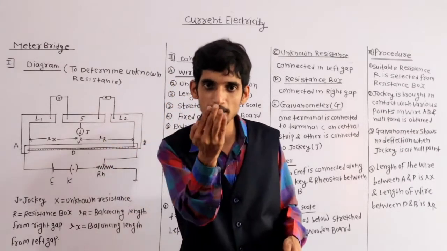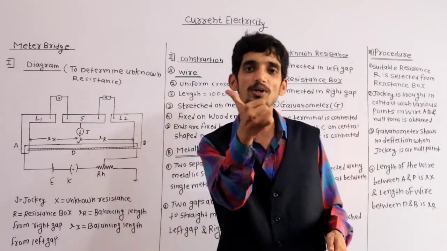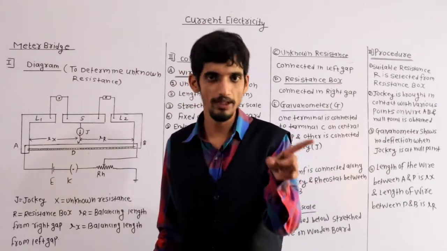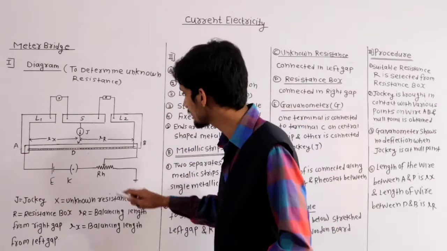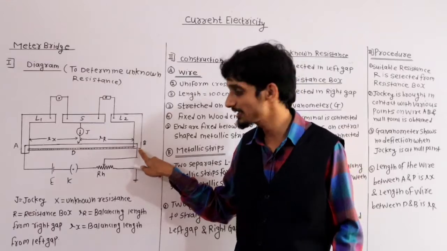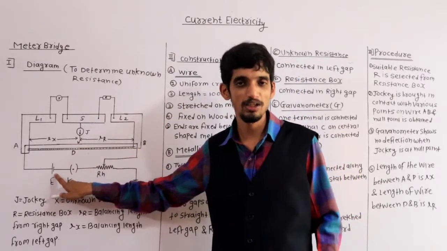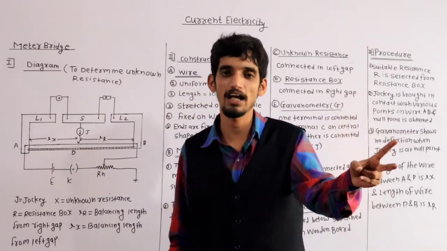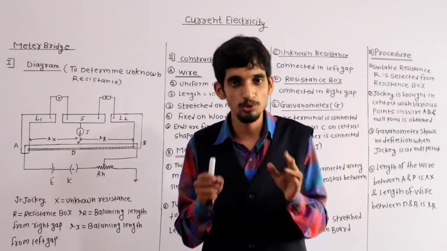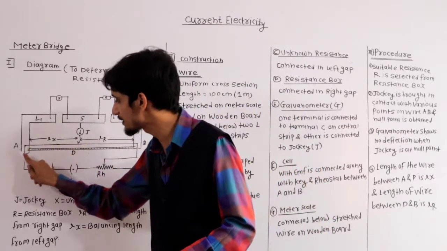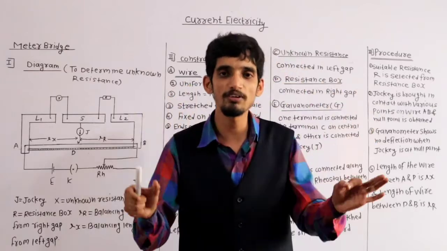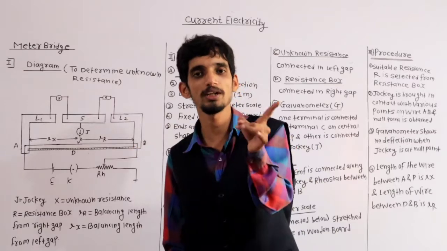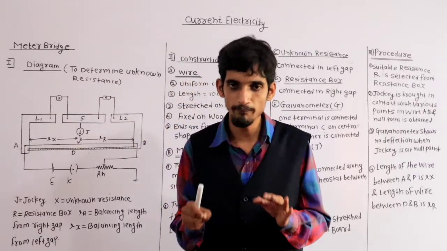Current always flows from higher potential to lower potential. So current will flow inside the jockey, so that the deflection in the galvanometer is on one of the extreme ends. And if I place the jockey at the extreme right, now in this case it is the negative terminal of the cell. So definitely the jockey will give the current. That's why the deflection should be opposite as compared to the left side. Clear? So this is the first step. You have to place the jockey at the extreme left hand, extreme right hand, and observe the deflection. If you are getting a deflection to the extreme left, then for the second case you should get it in the extreme right.